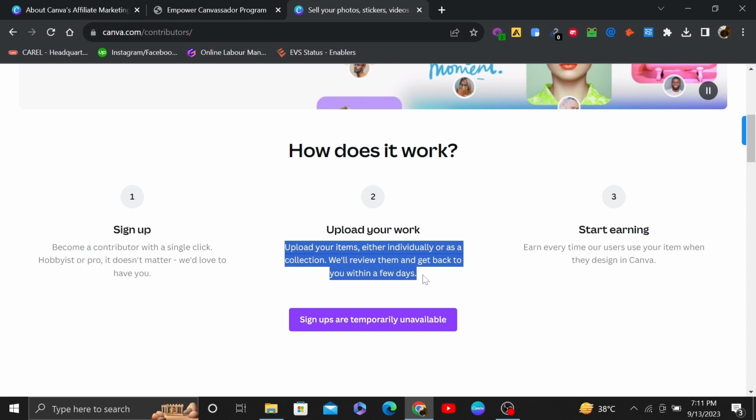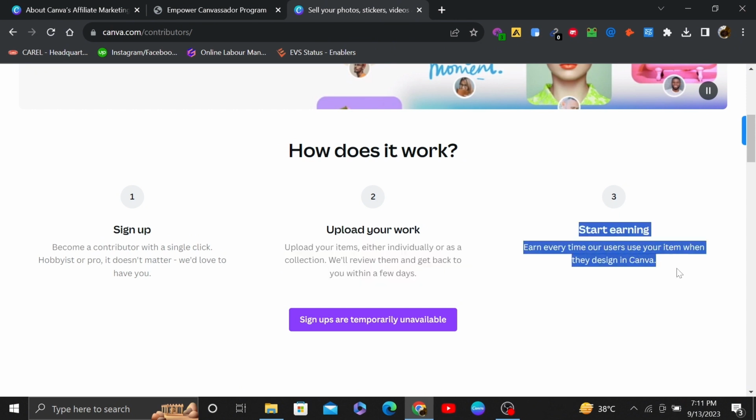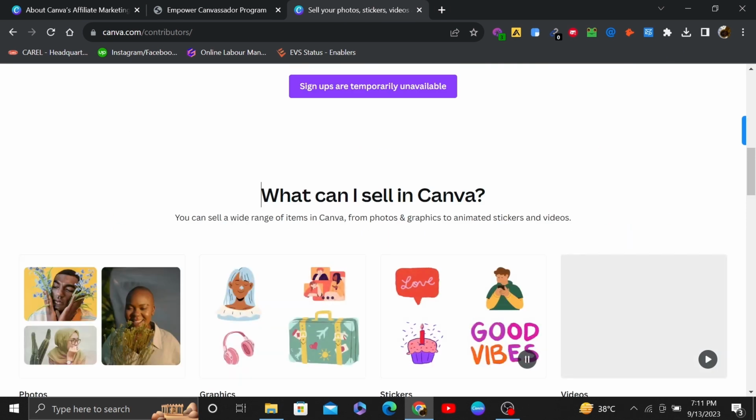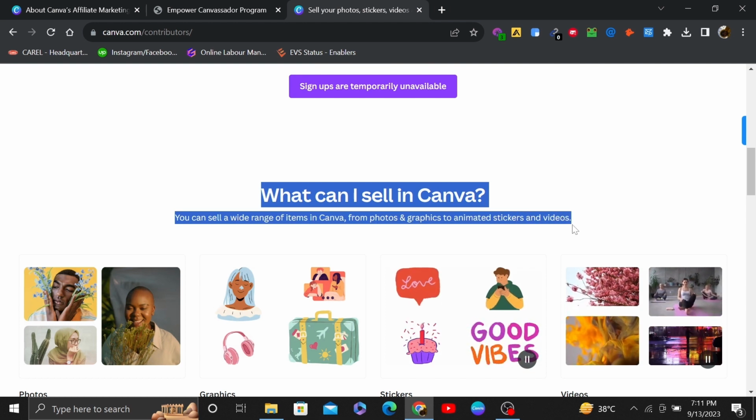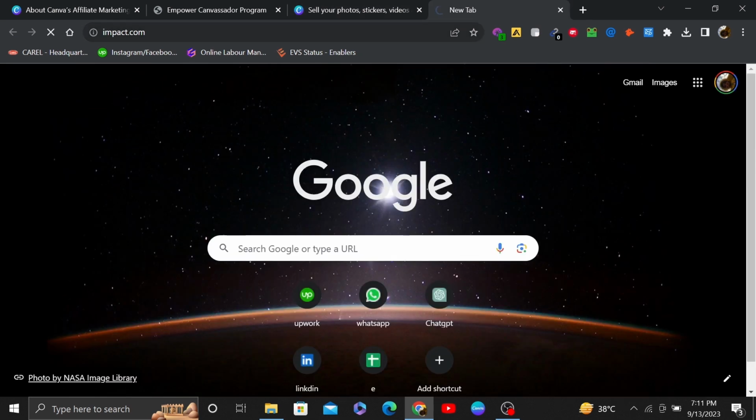As we know, creating your work on Canva is not a problem. You can create your own designs or templates to generate quality work through it. Right after that, you will start earning every time users use your item when they design in Canva. It is pretty simple. You can sell photos, graphics, stickers, and videos on Canva. So become an affiliate. Simply visit